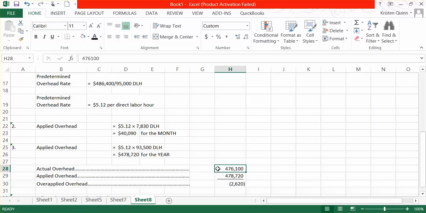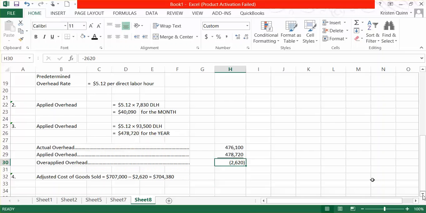Since we are over-applied, that means we actually applied too much cost, which means our cost of goods sold is over the amount it should be, meaning we need to subtract $2,620 from our cost of goods sold. Our unadjusted amount of cost of goods sold was $707,000. We subtract away the $2,620 to arrive at our adjusted cost of goods sold that would appear on our income statement of